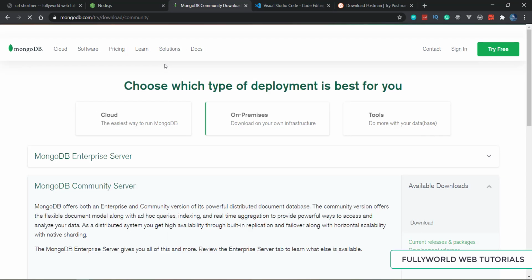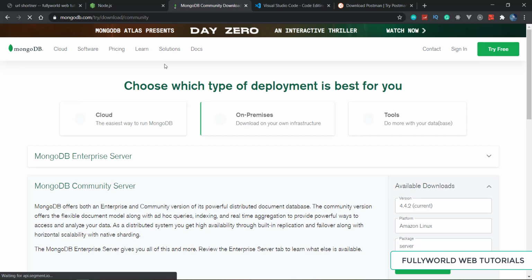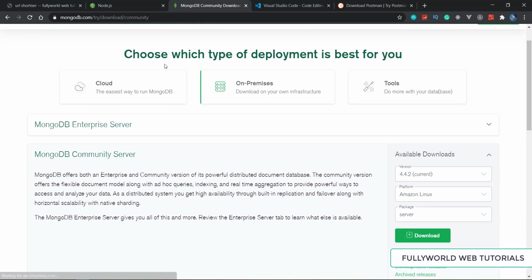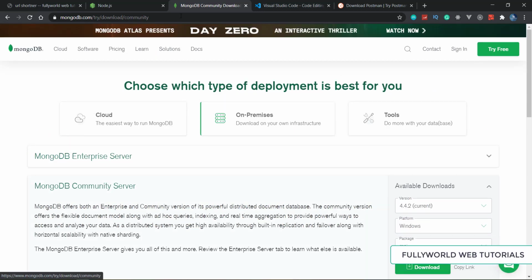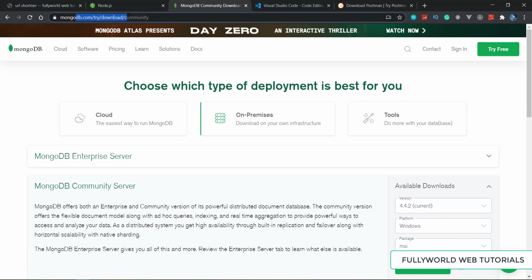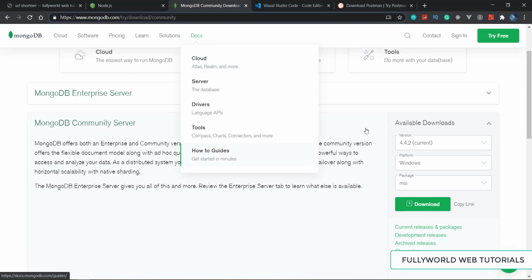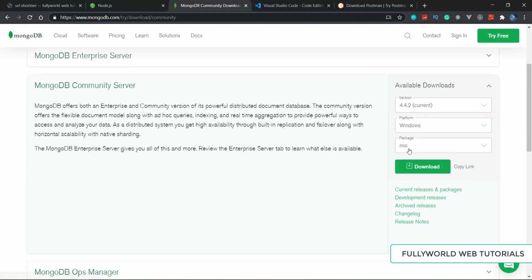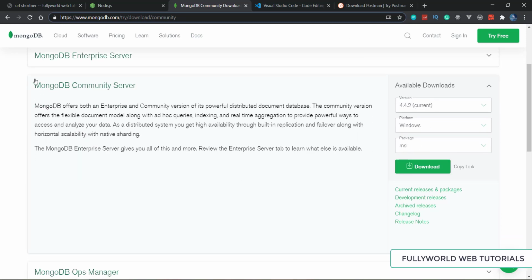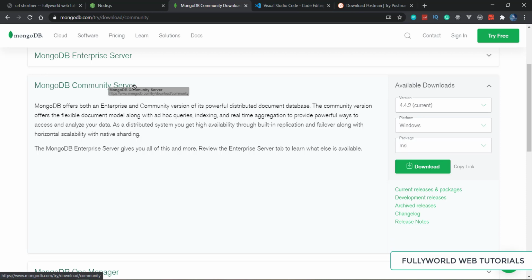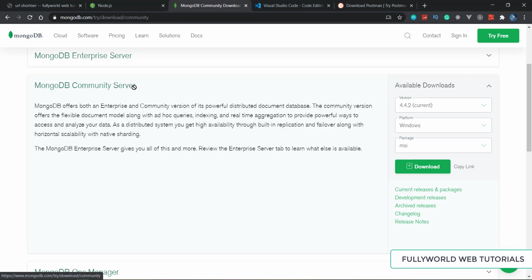Then we need our MongoDB. We will first be using MongoDB locally. You have to download the MongoDB Community Server, and it comes with Mongo Compass.